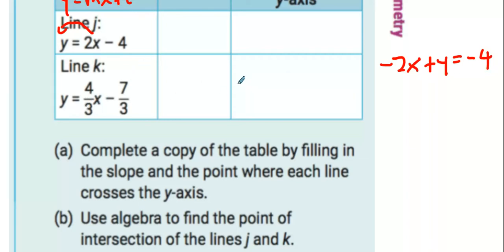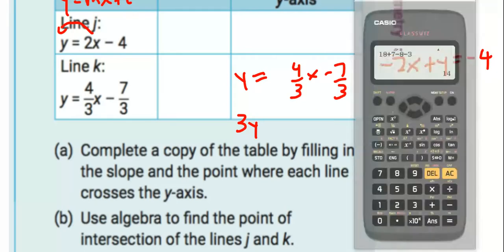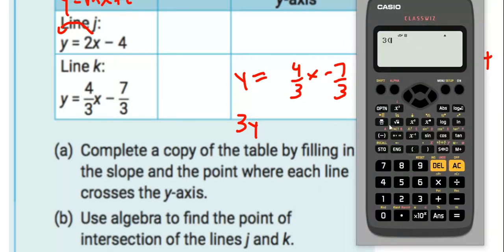Anybody tell me how to get rid of a fraction, please? What can I multiply both sides by? If I multiply both sides by 3, the fractions will disappear. So what happens when I multiply both sides by 3? 3y. What's 3 times 4 over 3? If you're not sure, what do you have on hand? You have a calculator. The answer is